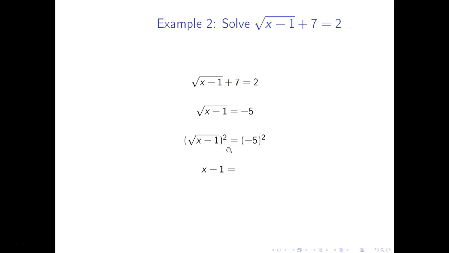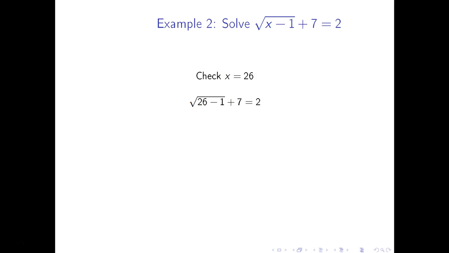Let's just leave them with x minus 1. Negative 5 squared is 25. Okay, add 1 to both sides, and x equals 26. So let's check our answer. And I get 26 minus 1 underneath the square root, which is 25, okay, which gives me 5 plus 7,